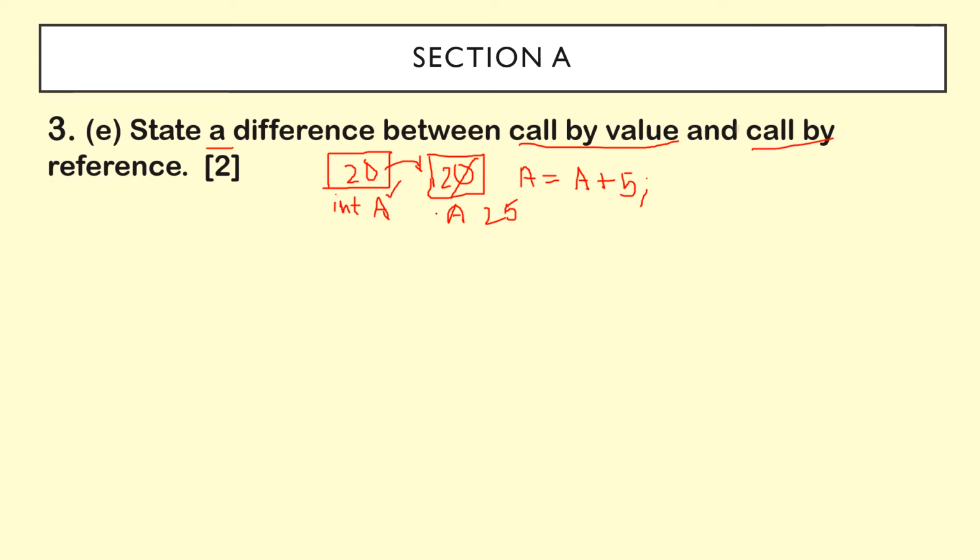Let's come to call by reference. Call by reference means calling using address. So if this is my named variable, A, which is also an integer data type and has a value, say supposing 20. If I'm using call by reference, it is not creating a new copy but rather sending me the address of it. So if the program statement runs, the value of this variable is changed. It becomes 25.